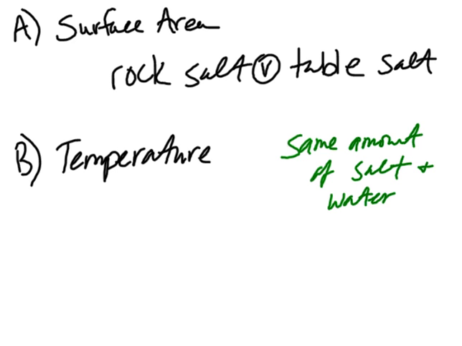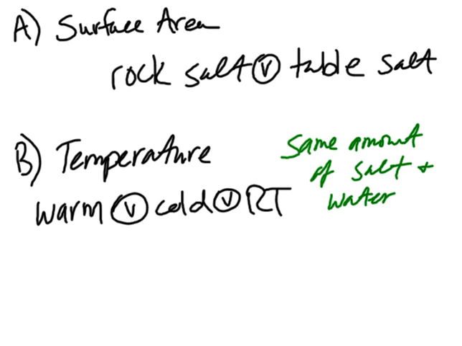And then with the temperature, you're going to compare a warmer temperature versus a cold temperature versus, of course, room temperature. So you'll actually have a control in this group. Now, this is one of those few labs where you're actually going to have a hypothesis. Next I'm going to talk about what your observation is, and then I'll give you your problem or your question, and then from there you should be able to give me a hypothesis and prediction. And I need to make sure I see both of those, hypothesis and prediction, as well as the observation and question